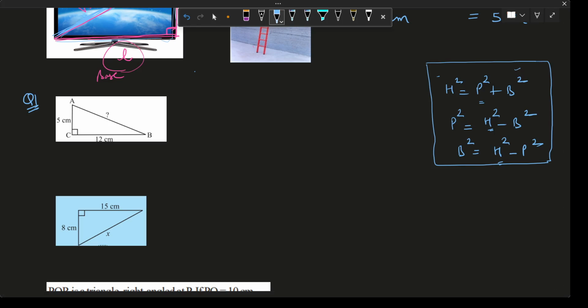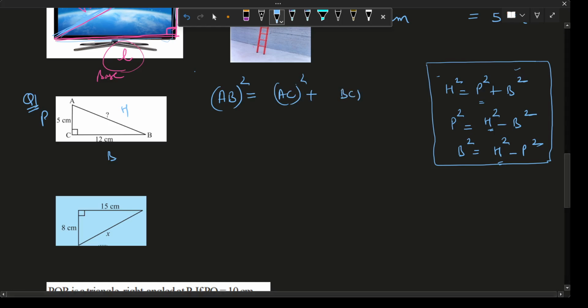Now if you write down in terms of the name of the line segments in a triangle, यहाँ पे hypotenuse आपको calculate करना है, which is AB square. Correct, AB hypotenuse है मेरा, perpendicular AC है, BC base है. Fine. So this is equal to AC square, perpendicular square, plus base square. So what we will get? 5 square plus 12 square. What is 5 square? 25. What is 12 square? 144.